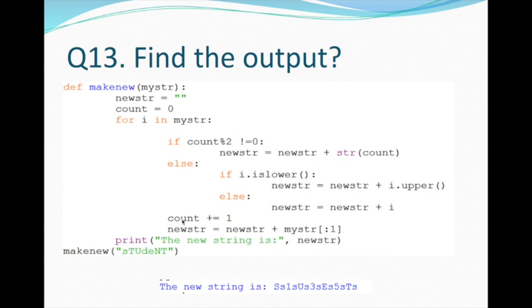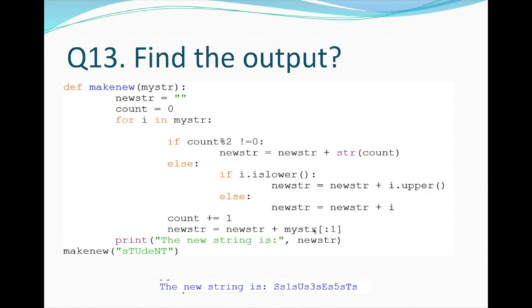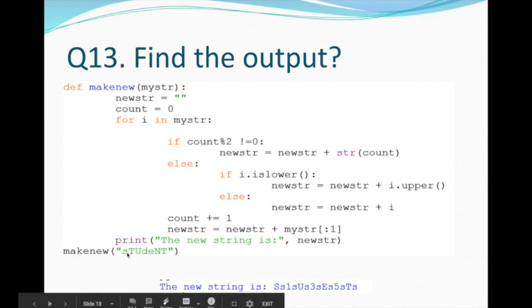Then after this, the else part does not execute, then going to count. Count value is now incremented to count plus 1. So count value is incremented to 2. And new_str equals, now in our new_str Ss1 is there, plus my_str[:1]. my_str[:1] represents the first character, small letter s. Okay, so again it adds s to the new_str. So we will get the output up to this. Then again checking the next, u.